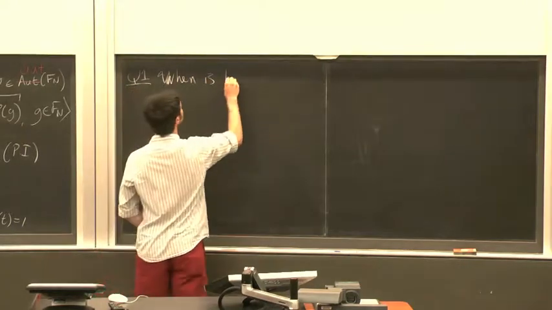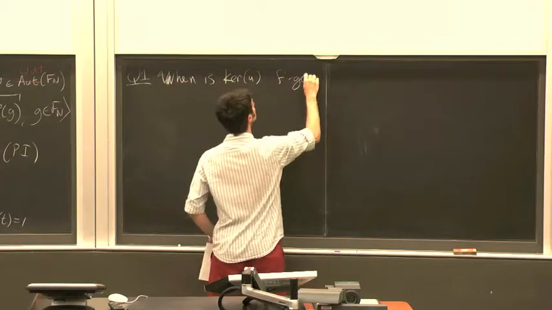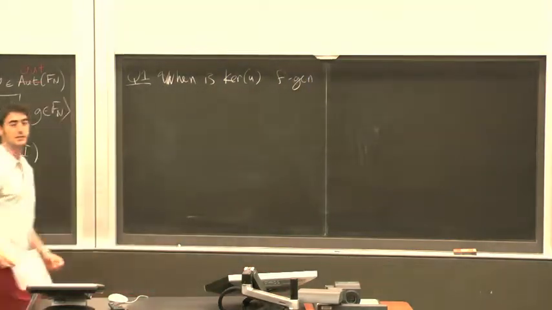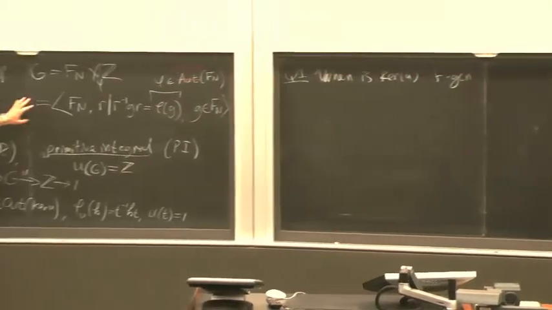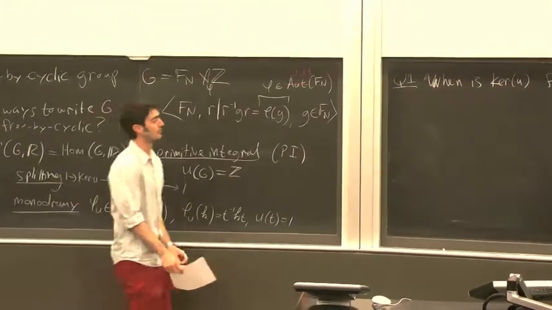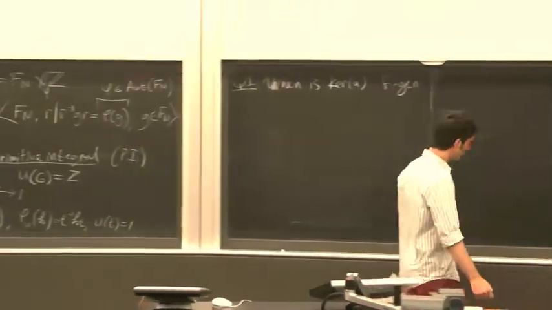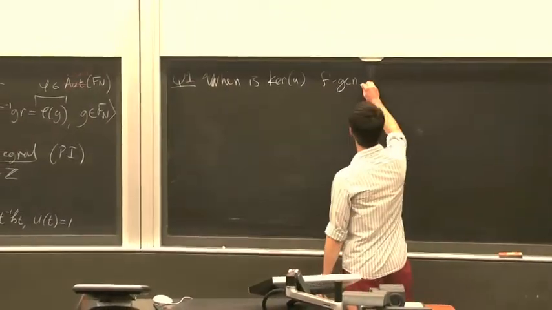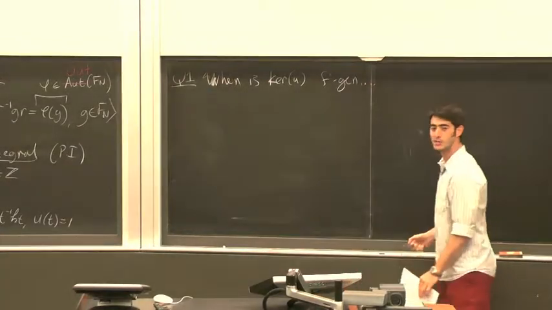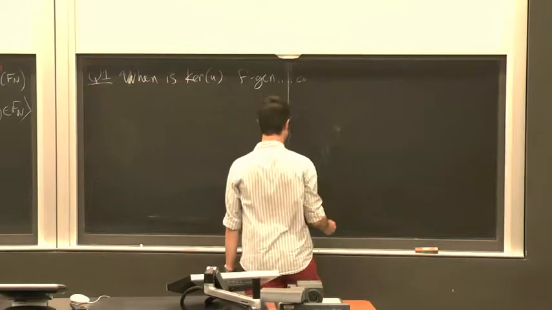When is the kernel finitely generated? That's maybe a nice first start. The kernel here, we have this finitely generated subgroup that we're doing a semidirect product with. So maybe I want the kernel to be finitely generated. In fact, I'm going to think about a more general thing. So some dots here. So I want it to be finitely generated, or maybe not finitely generated, but over